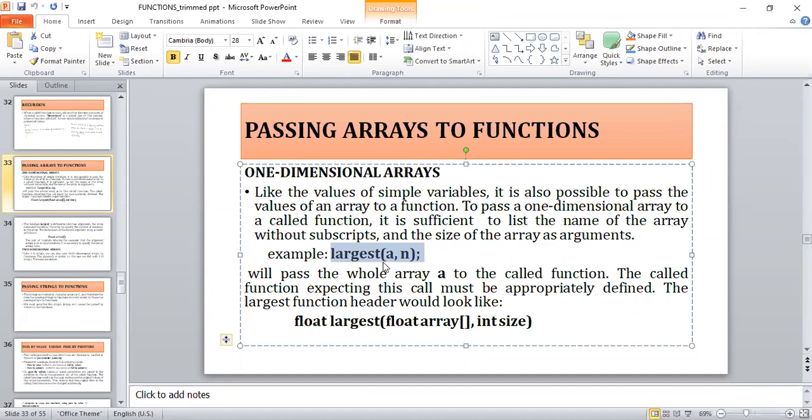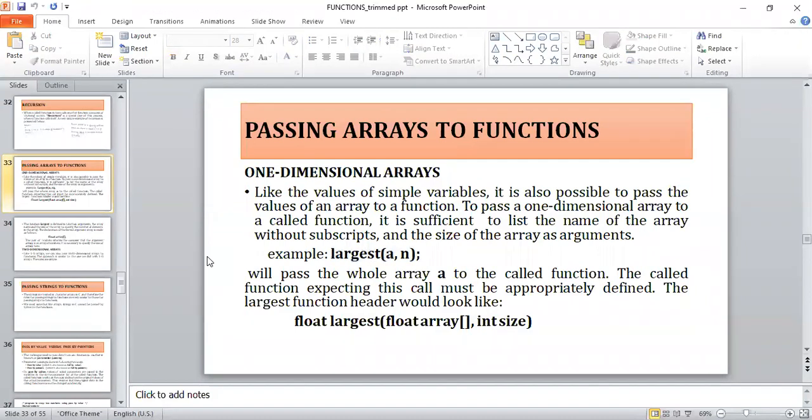So observe the differences very carefully. When we take up the programming exercise on how to write a function for binary search and linear search, I will explain a bit more clearly. Till now, please understand the concept of how to pass an array as an argument.